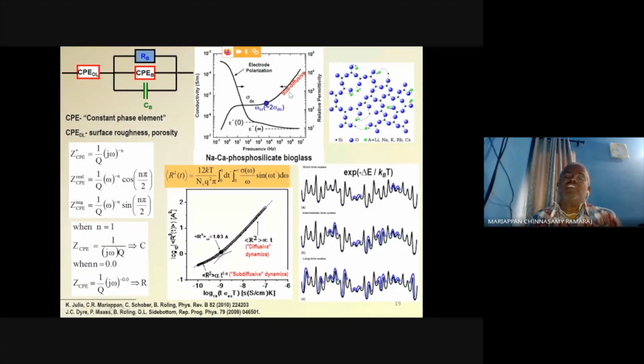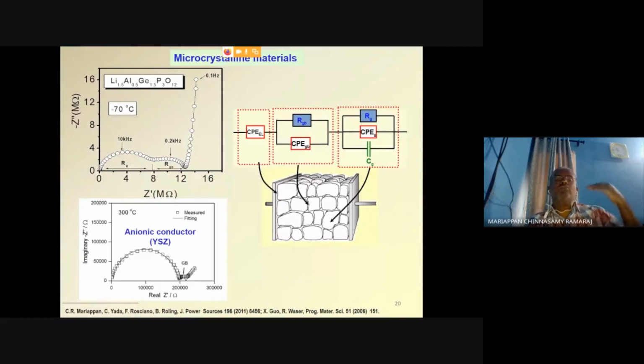So we call that sub-diffusive, and this part is diffusive behavior. This we can understand further with the random walk model, by finding the mean square displacement. It's a little bit of physics about this. Okay, so now we have seen the spectra, how it looks in the perfect ionic conductor,